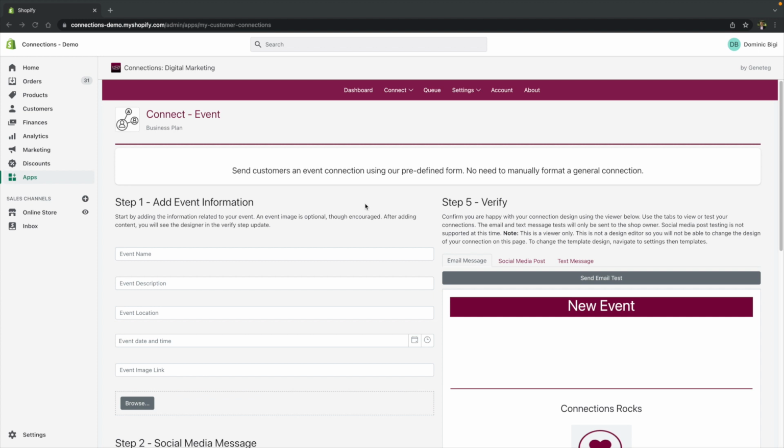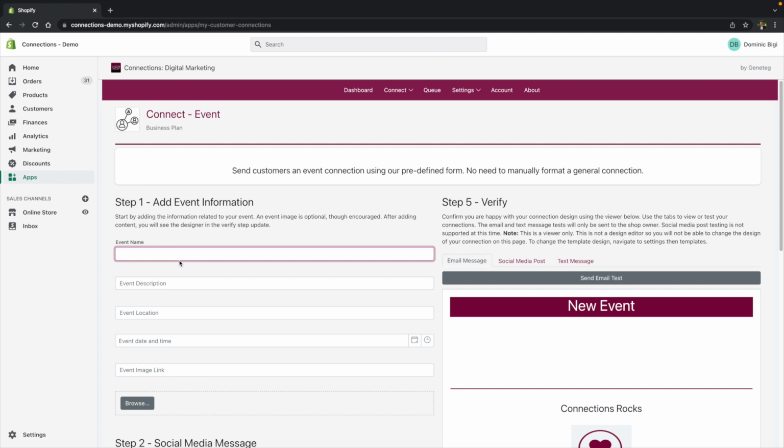Starting with step 1, I want to add the event information to my connection. Starting with the event name, then moving to the description, the location, date and time, and then you can even add an image that goes along with your event. So starting with the name, I can add my holiday party,